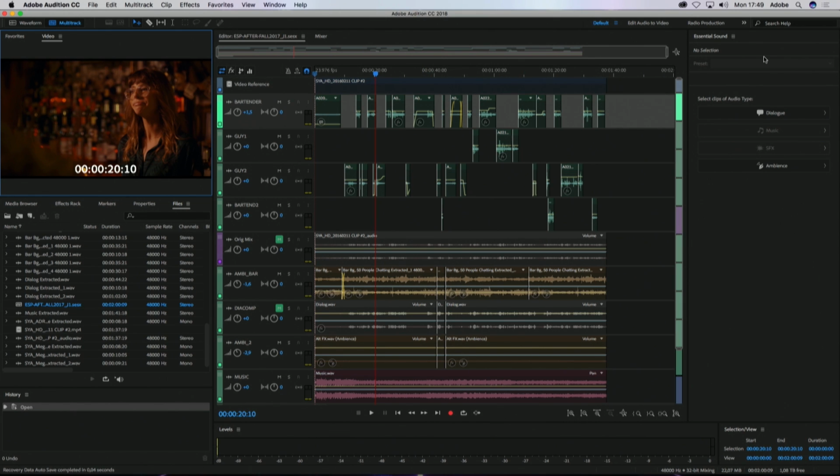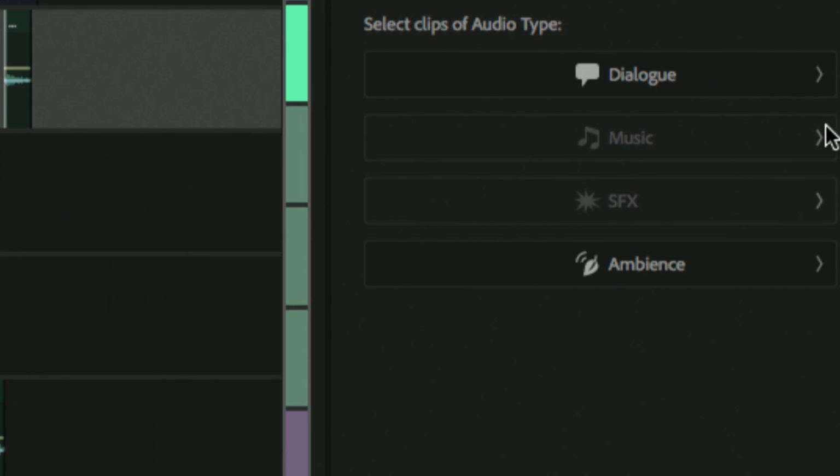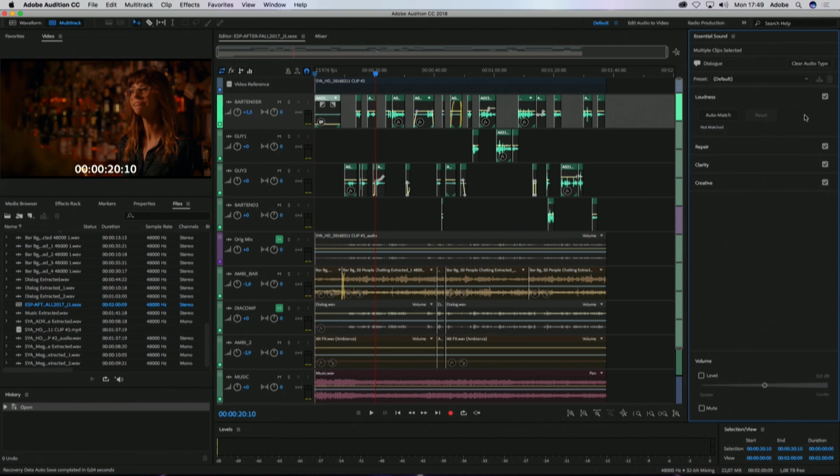The way that Essential Sound works is you select a clip and you tell Essential Sound what it is. Is it dialogue, music, sound effects, or ambience? And when you do that, you're then presented with a series of effects and filters commonly used to process that type of audio. In this case, we're going to use, again, powered by Adobe Sensei, a little auto-matching technology which